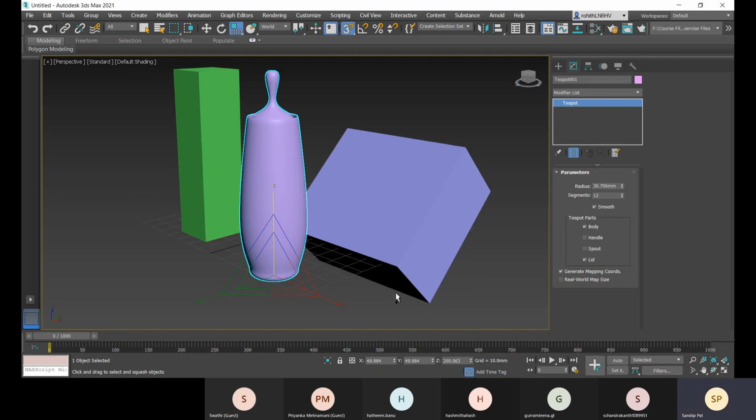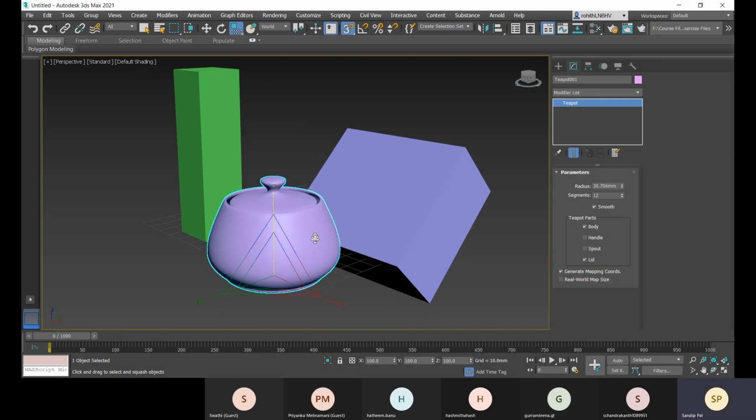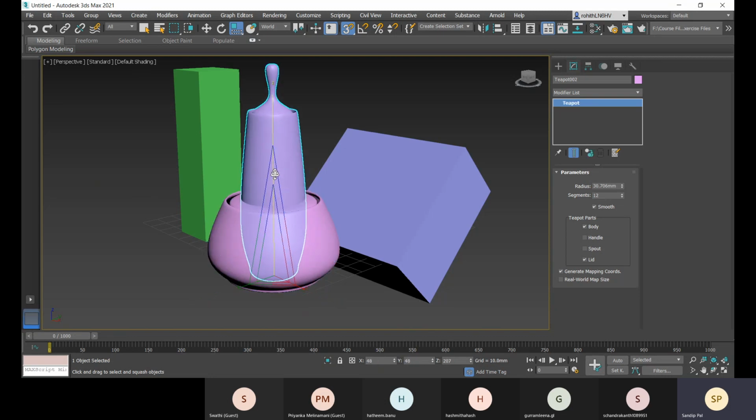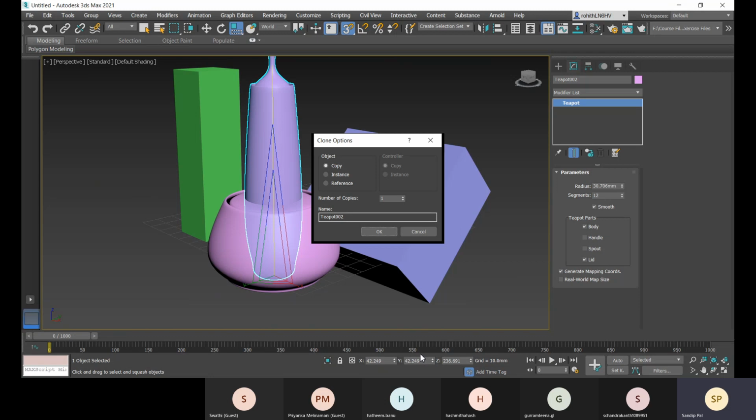Now suppose you wanted that teapot, but you want to duplicate that transformation. For that, you can hold your shift button and then transform it. Holding the shift button, if you transform, it will create a duplicate. Here you see that the clone option is activated.